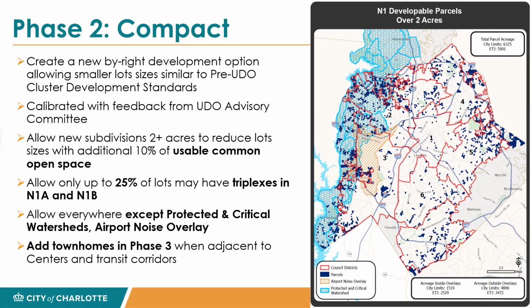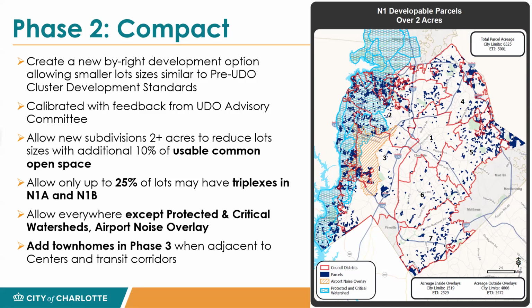So it's calibrated, obviously, with feedback from y'all's first meeting. We'll keep talking through that today. The trade-off for compact is that you're required to do an additional 10% of usable improved common open space in order to be able to use the tools. So in compact, and really for all development, we acknowledge we will be working on the airport overlay. I'm going to close my comments so I can see. Okay.